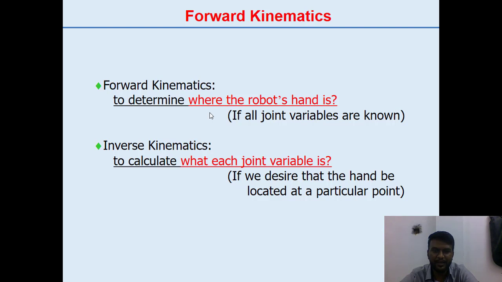It can be as simple as mechanical fingers, a mechanical gripper, or it can be as complicated as a tool. It can be a welding tool, a welding gun, a spray painting gun, or some other kind of tool that can be used for any manufacturing process. That's what we do in forward kinematics. In modeling of forward kinematics, we find out the location of the end effector, the position and the orientation of the end effector, given the position and the orientation of the joints.